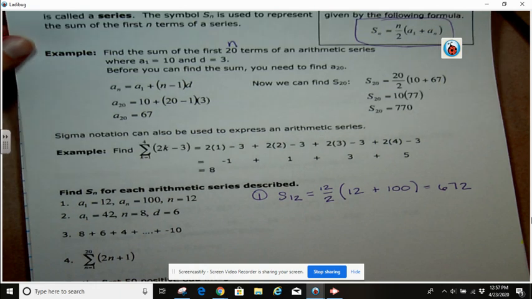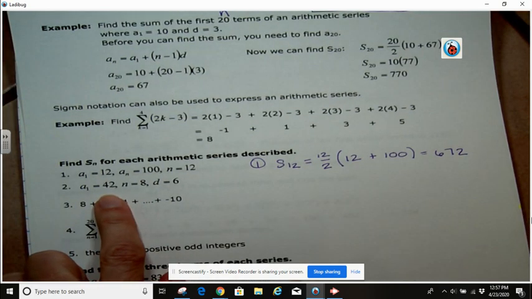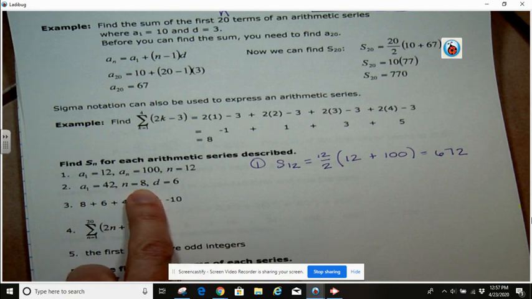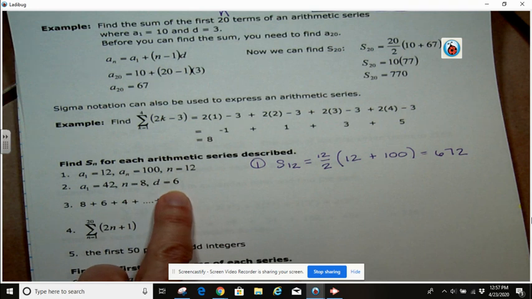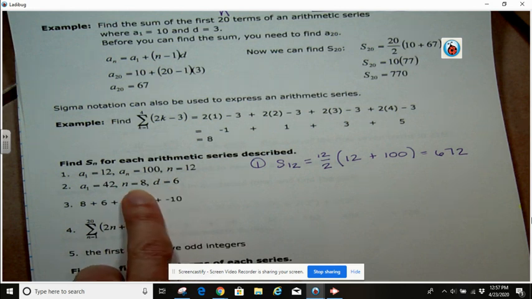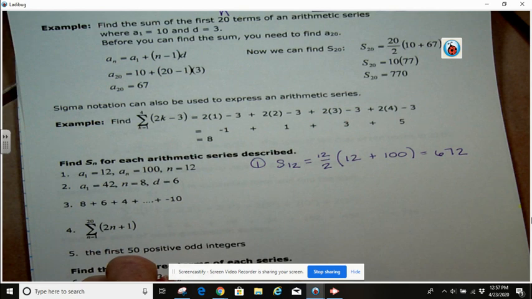All right, then we get to number 2. So as I mentioned from the example, I'm trying to find the sum of the first 8 terms. I know the first term is 42. I know the common difference is 6, but I don't need the common difference for the series formula. What I do need is a sub n. So I really need to know what the 8th term is. So the fact that they gave me a piece of information that's not needed for the series formula, but left off a piece of information that is needed for the series formula, means I'm going to have to start with